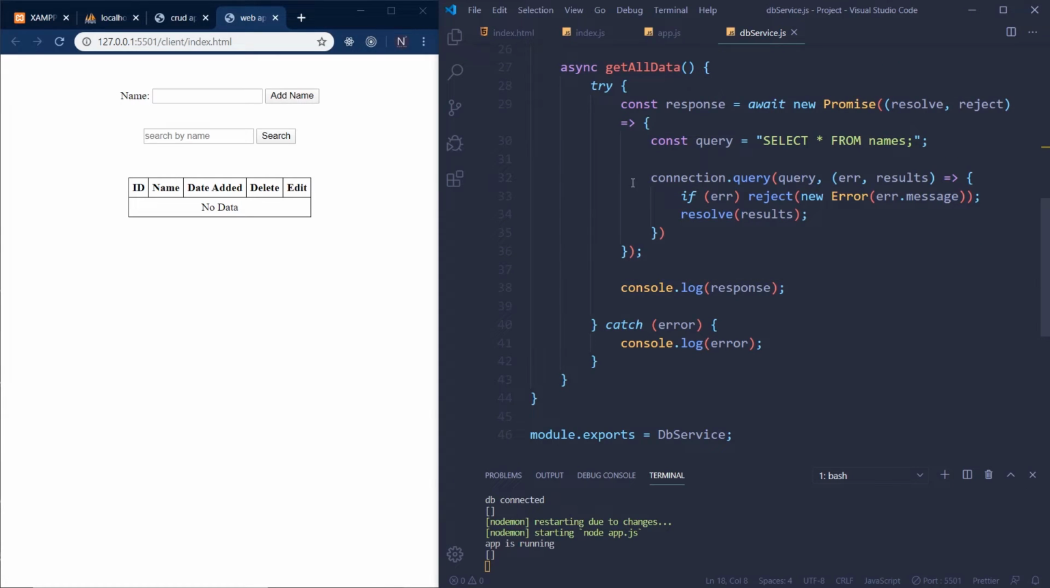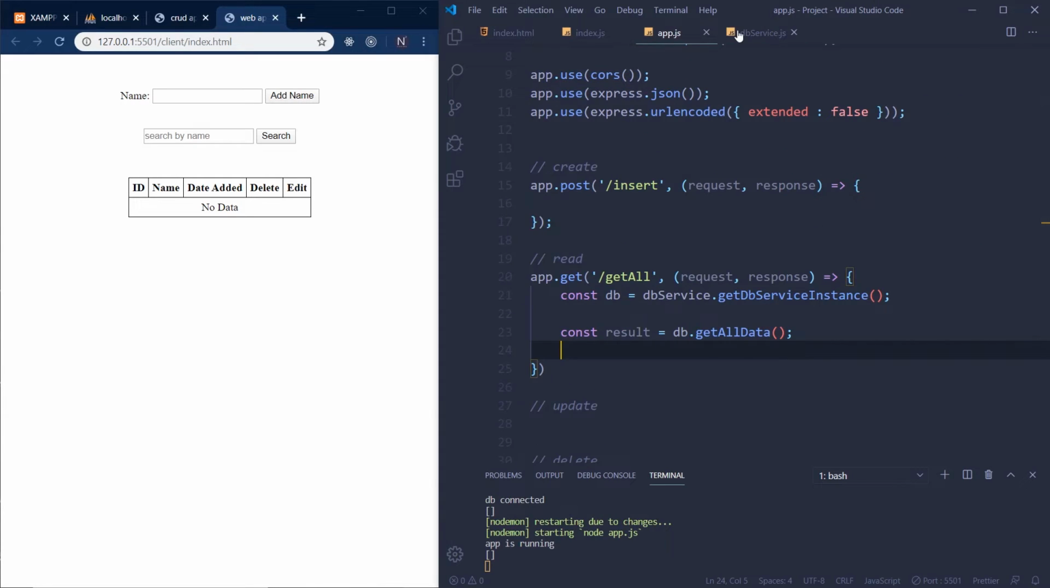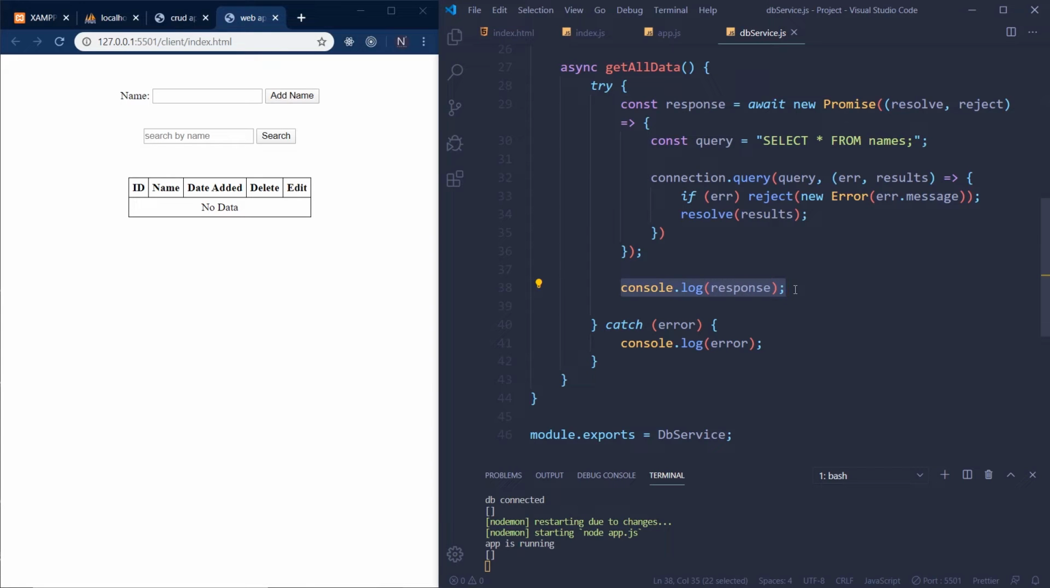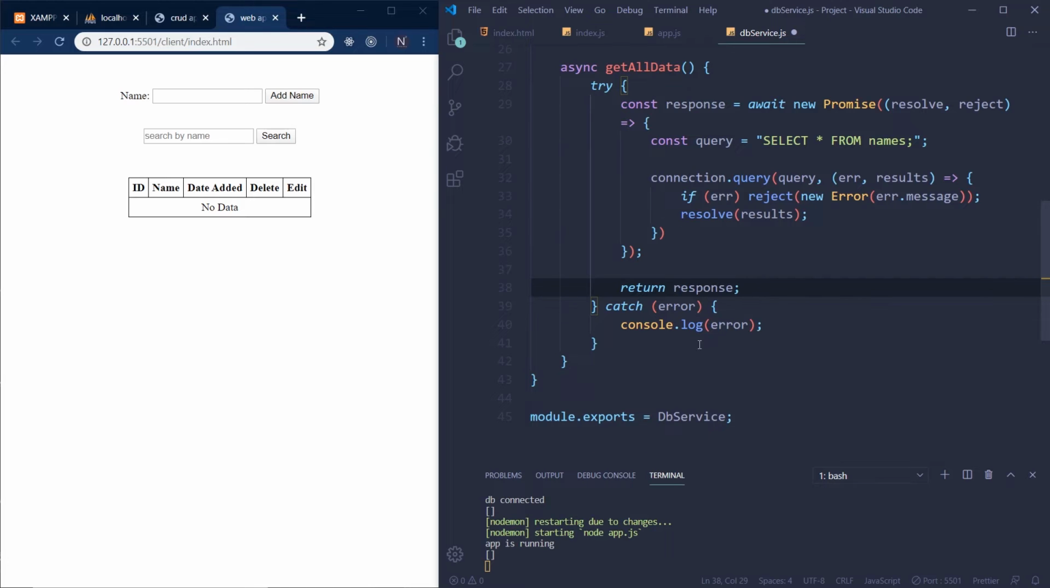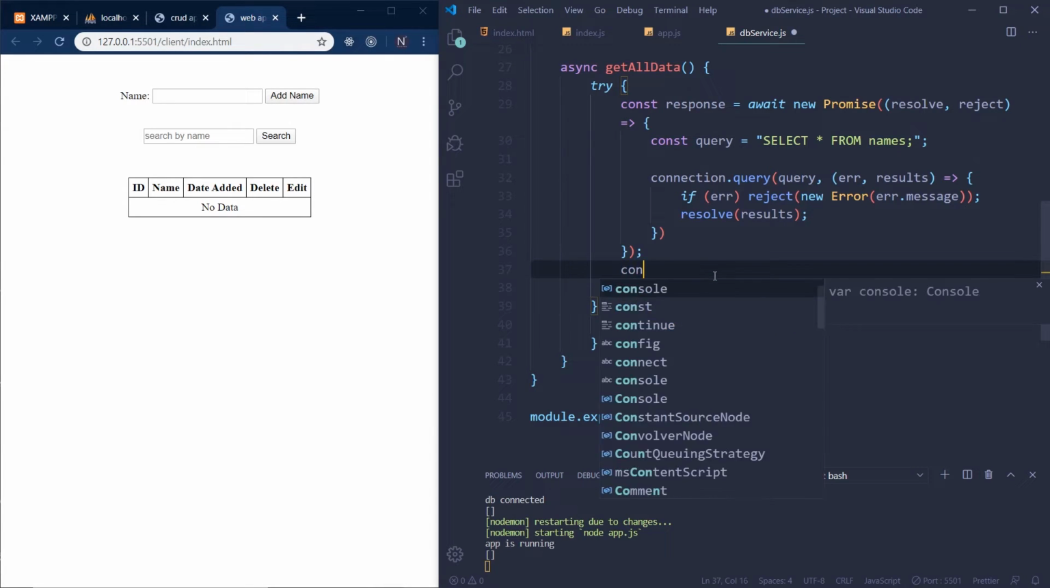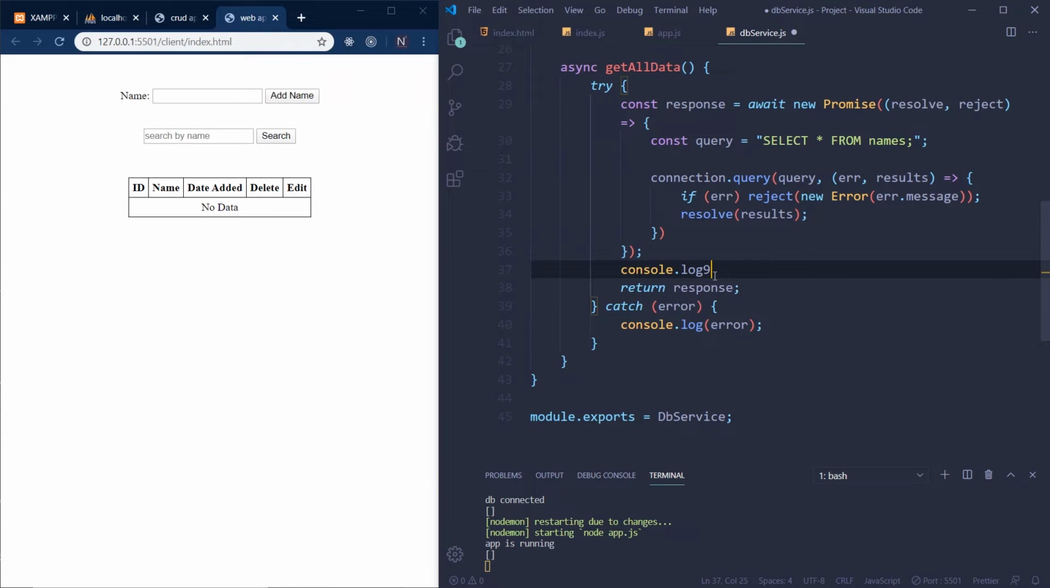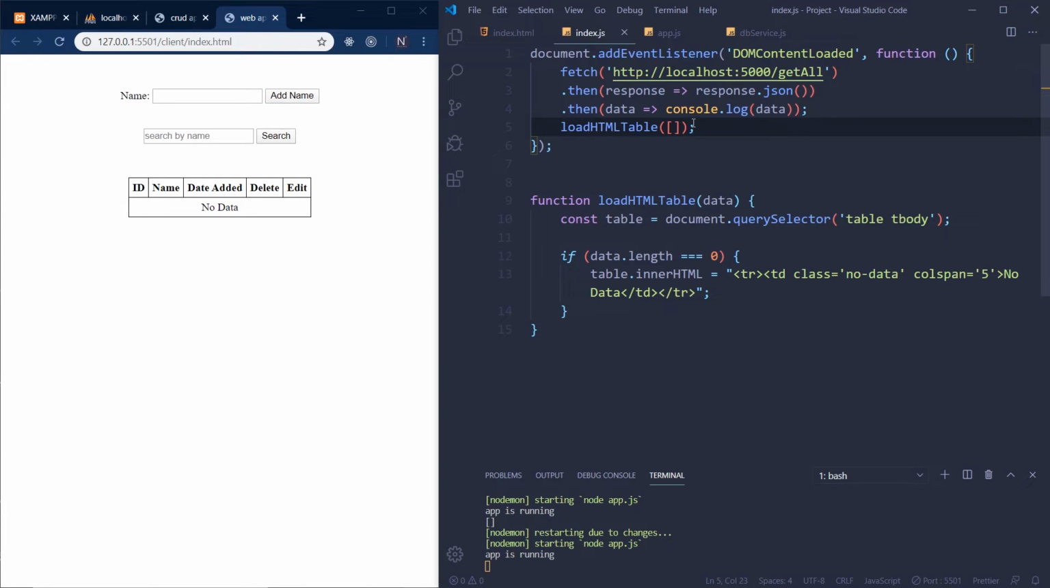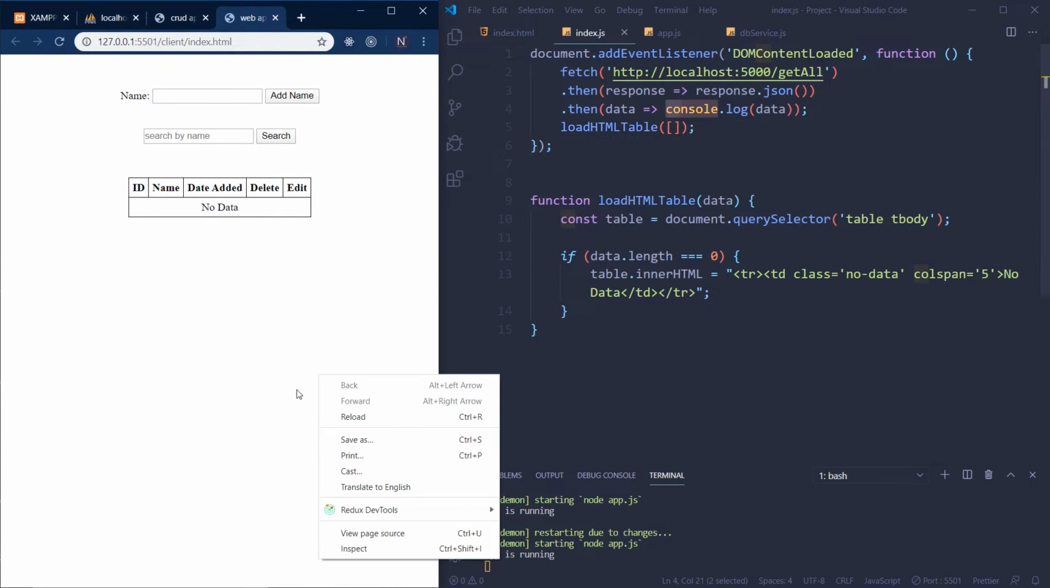So we get an empty array here, and what we're going to do is just say return response. And when there actually is some data in there, we'll see what that looks like. We'll console.log that as well. So we'll add this back, and I'm just going to comment it out for now. And in our index.js, we should be able to see the